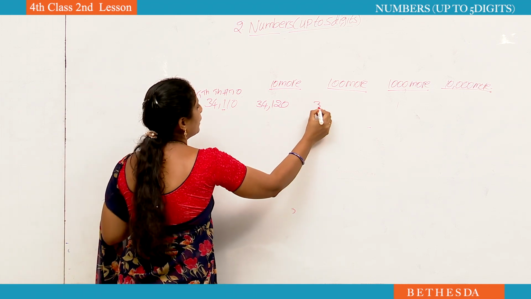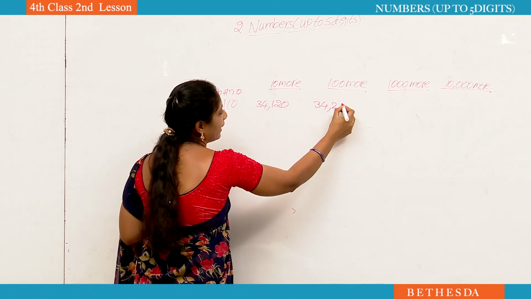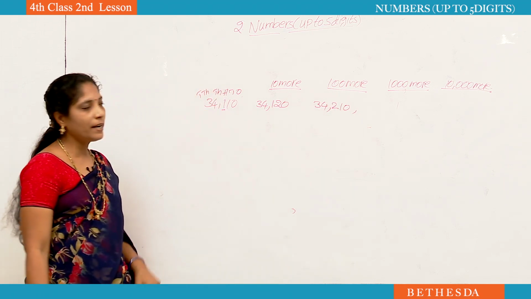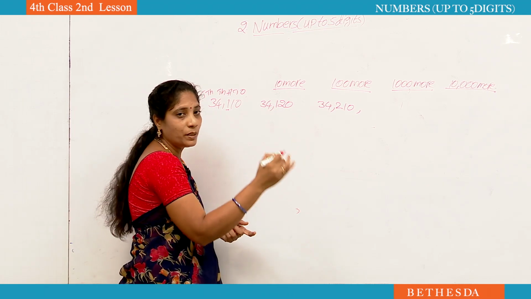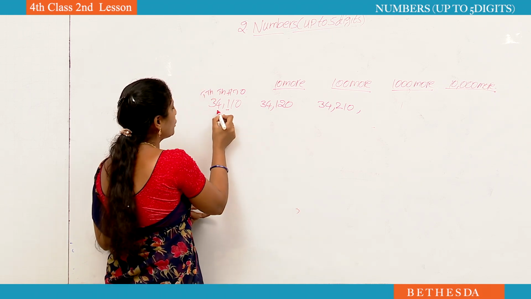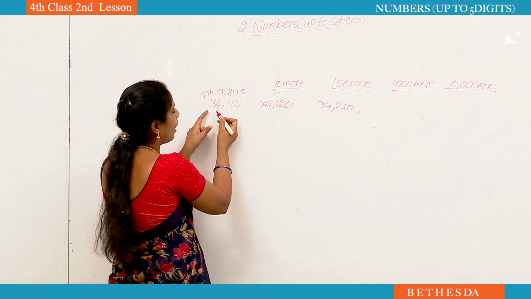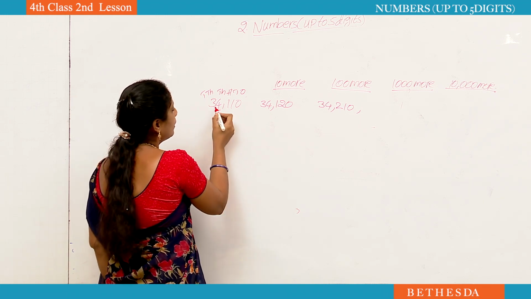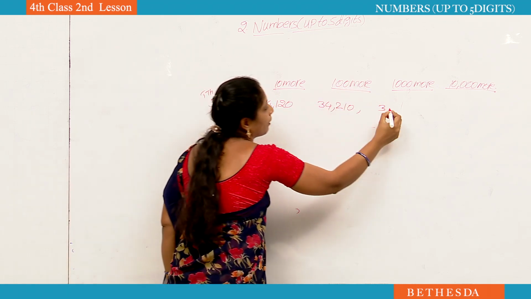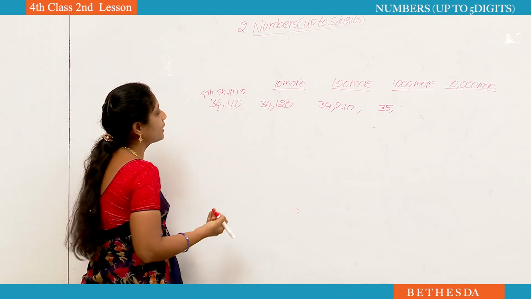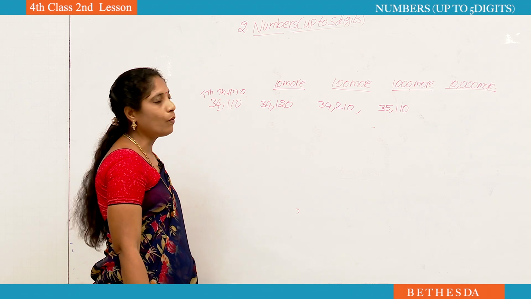See here, 34,000. Hundreds place number is 1. 1 plus 1, 2. 210. Did you understand how to add 100? Now, if you add 1000 for any number, we have to change the thousands place number only. See here, now how to add the 1000 for 34,000? 10,000's place as usual, now thousands place. 4 plus 1, 5. 35,110. Did you observe how we are writing?